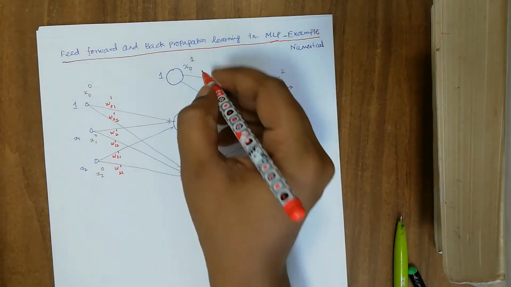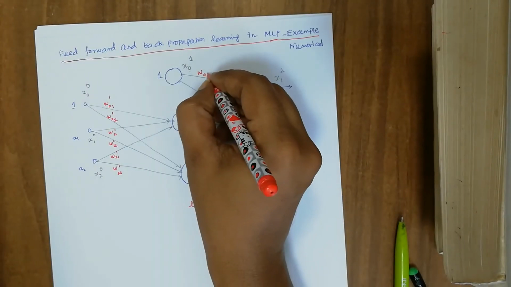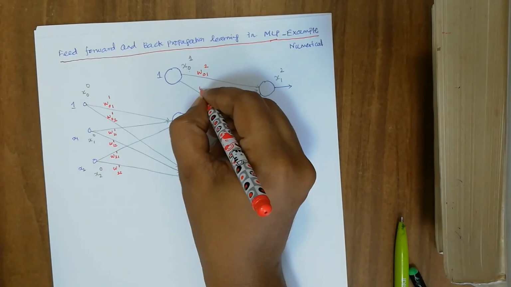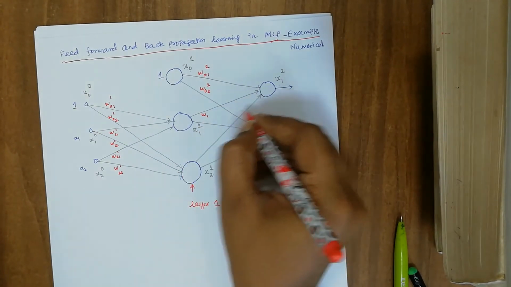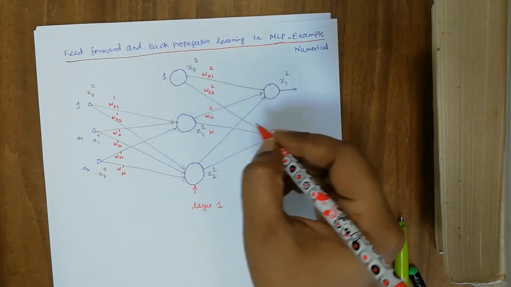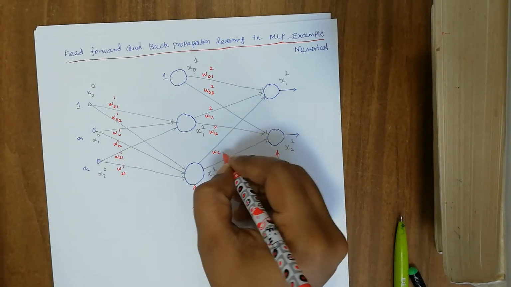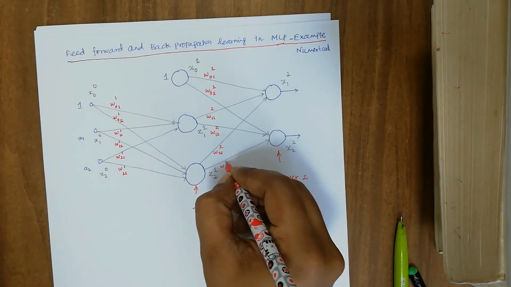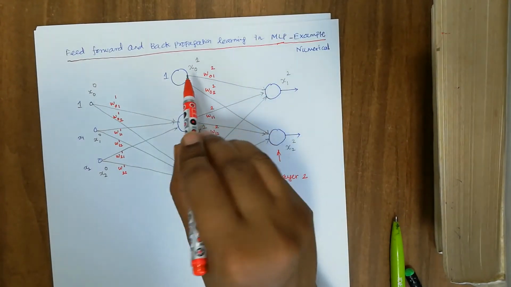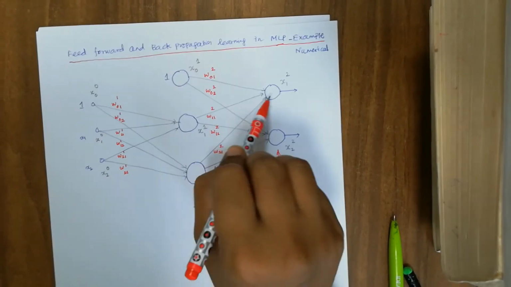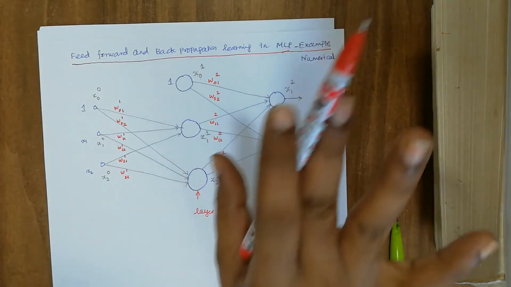So similarly we can write here, this is the weight connecting W01. Which layer? It is in the second layer. W02 in the second layer. Similarly, this is W11 in the second layer, W12 in the second layer, this is W21 in the second layer, this is W22 in the second layer. Okay, note down: the subscript denotes from which node to which node it is connecting, whereas the superscript denotes in which layer it is. I think these terminologies are clear.